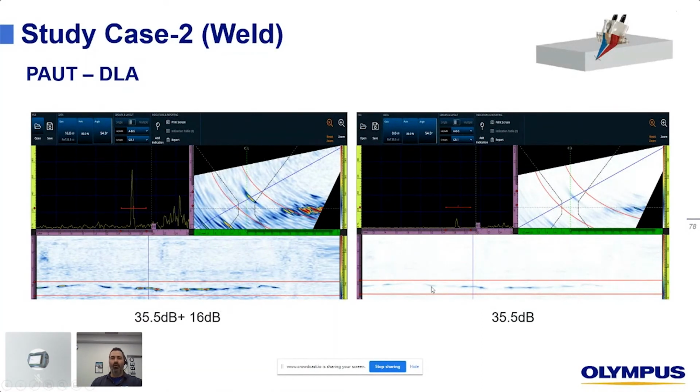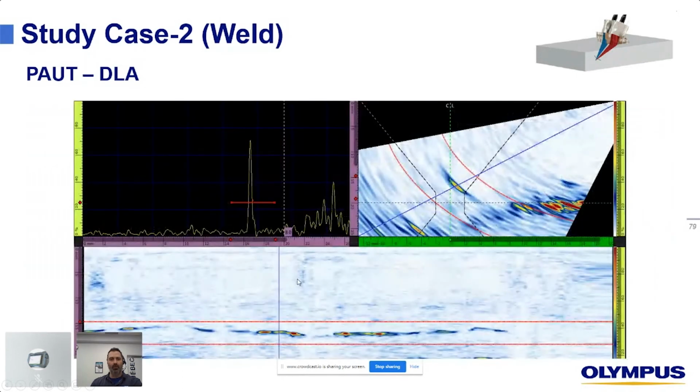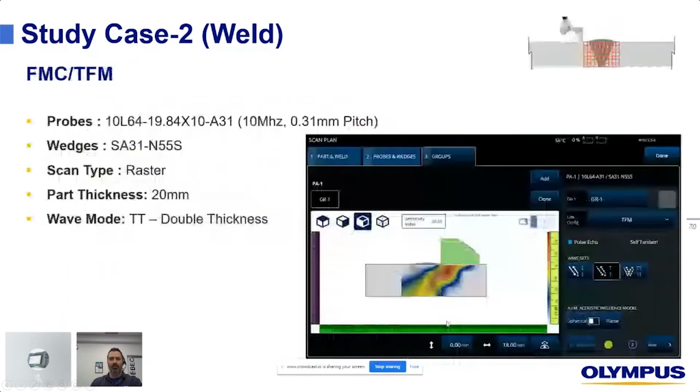So with the calibration being done on those sidewall holes at 35.5 dB, we get that type of very weak signal through either scanning gain or analysis gain, software gain, whatever you want to call it. We can increase it and make this trail of indication way more obvious. So you can analyze it from one to the next.